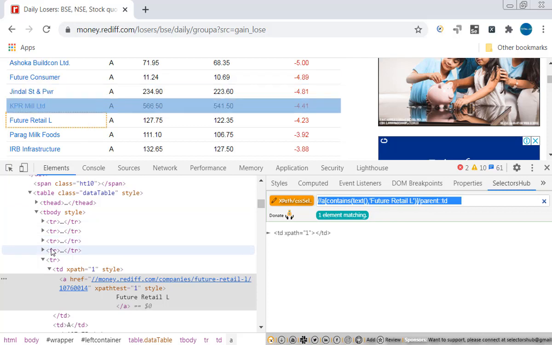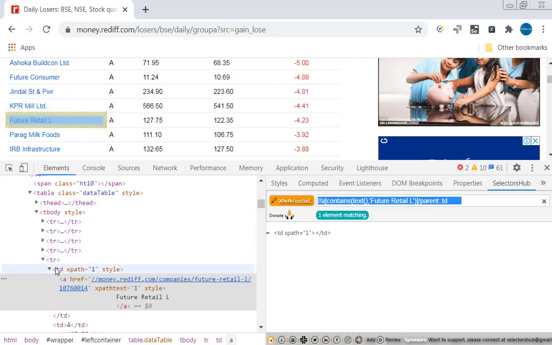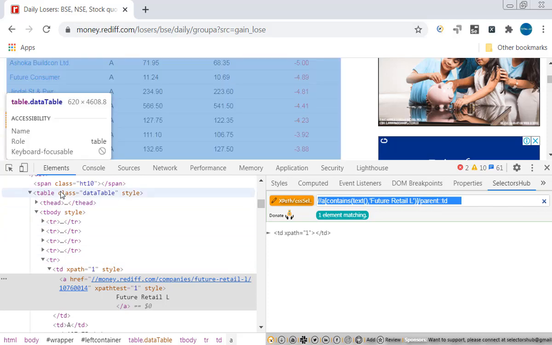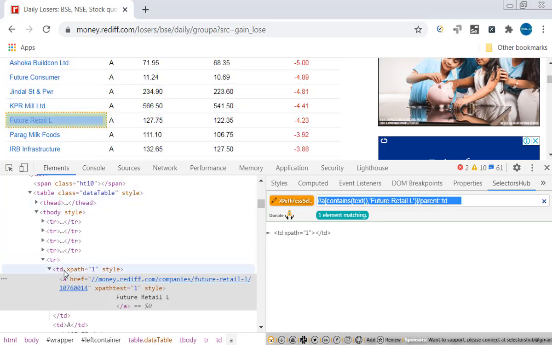So these are all not parent, these are all grandparents actually, meaning parent to parent. So if you want to select anything apart from TD, like TR, like T-body, like table, we call them ancestors. If you want to select the ancestor, say TR, T-body, table, you have to use the axes locator ancestor.